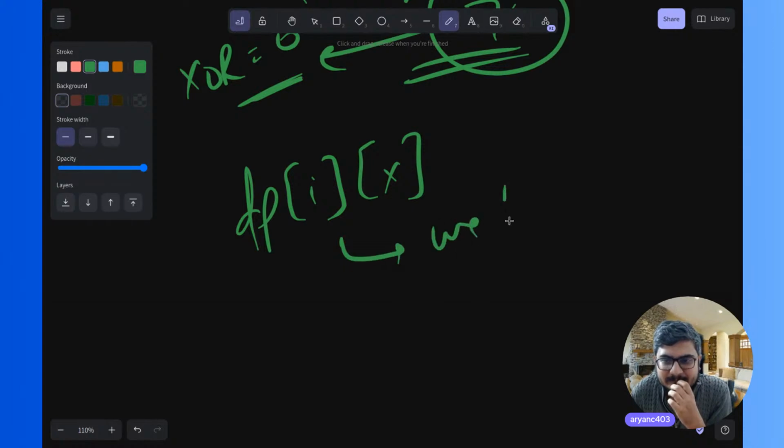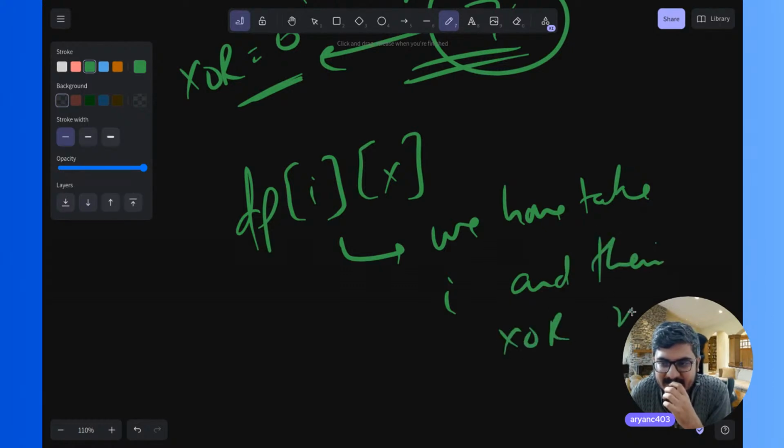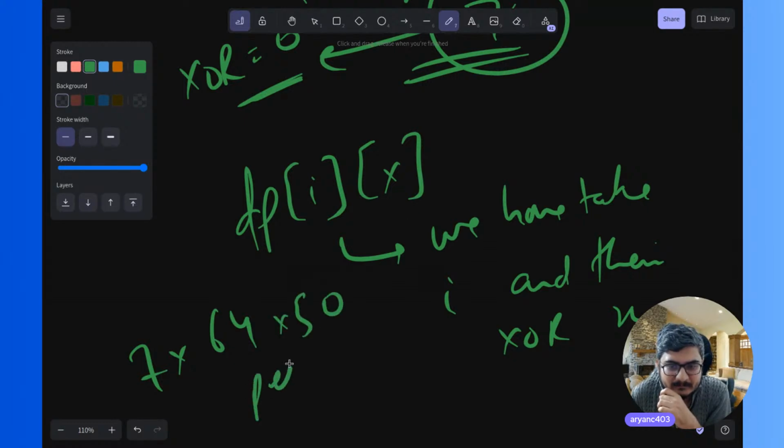We have taken i numbers, and their XOR is x, and you keep adding new values all the time. For all the distinct values in this range, you try to update this DP. Overall the time complexity was 7 into 67 different XORs into 50 per query,